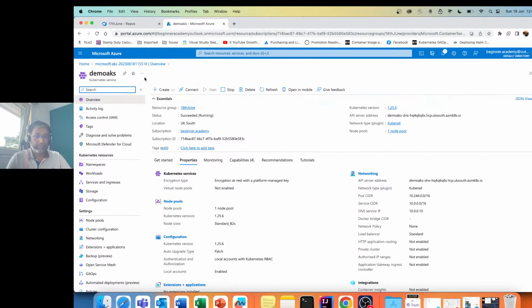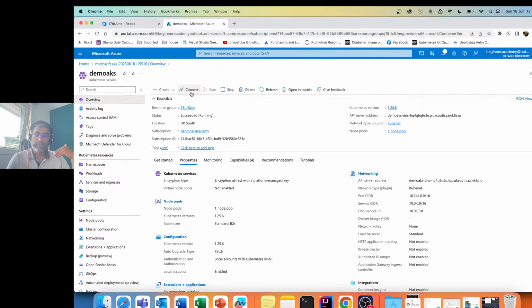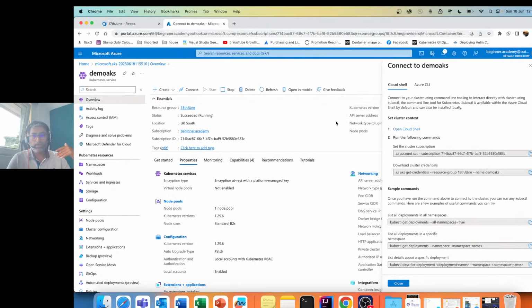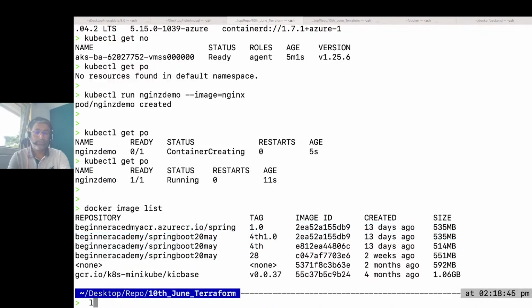Brand new AKS cluster, which I have deployed. If I wanted to connect to this AKS cluster, how exactly do you do it? Just click on this bit, Connect. Okay. Then click on this bit. Then let us go and